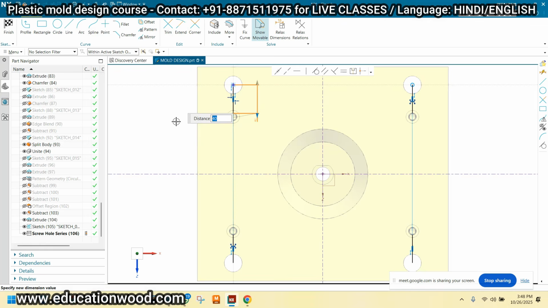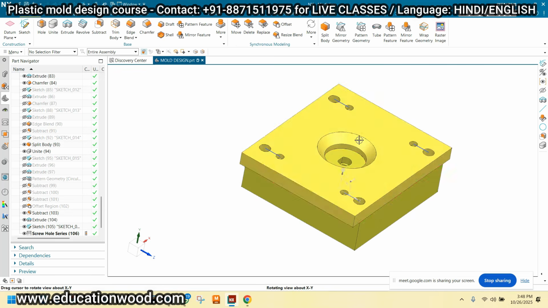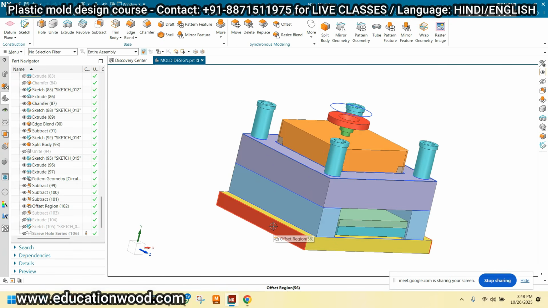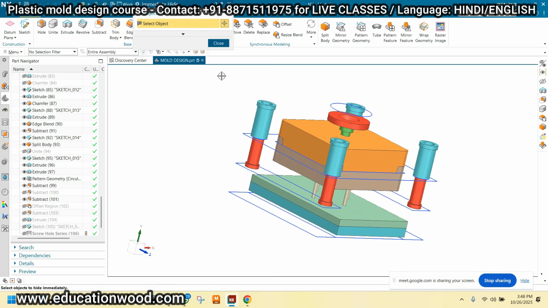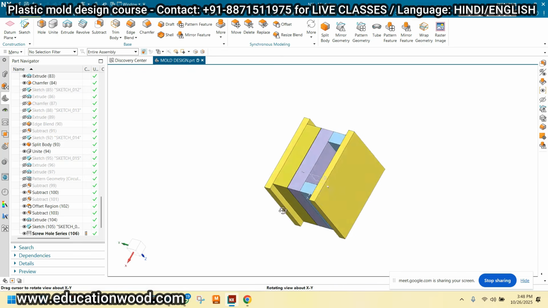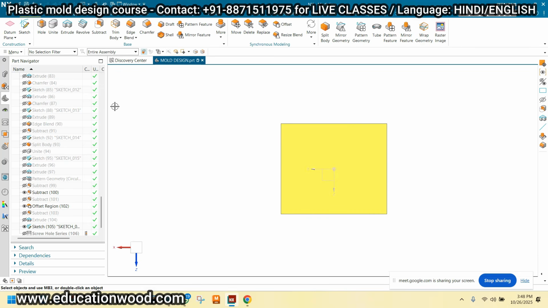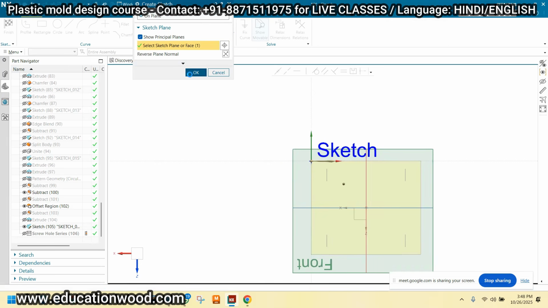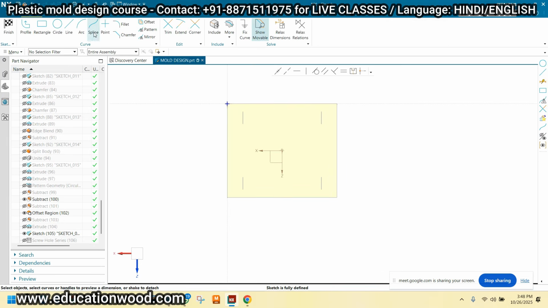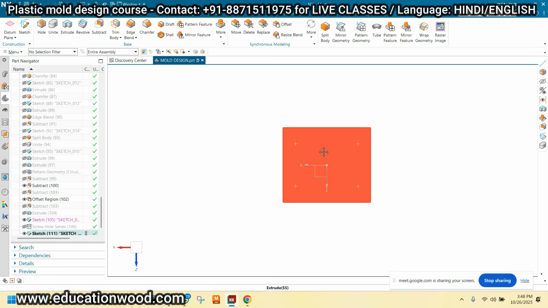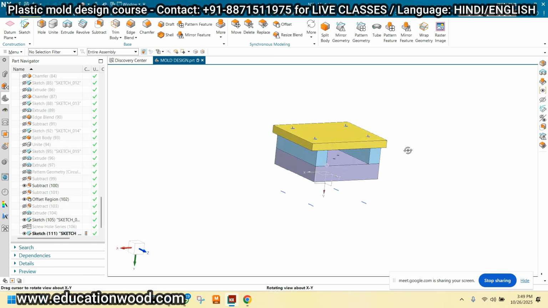You can change the dimension if you require. See, this is the bolting. Again, we can bolt this plate, this spacer, and this one also. Use this and click OK. Like this, two plates. We have this, and take this sketch here. This is the first point, second, third, and the fourth, and just close and finish.